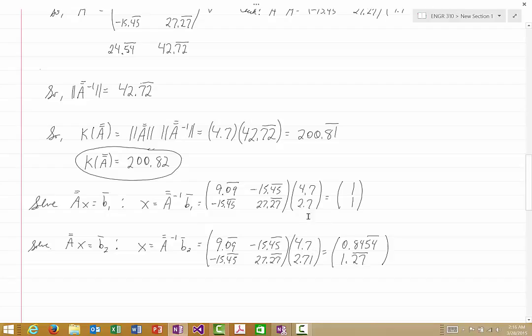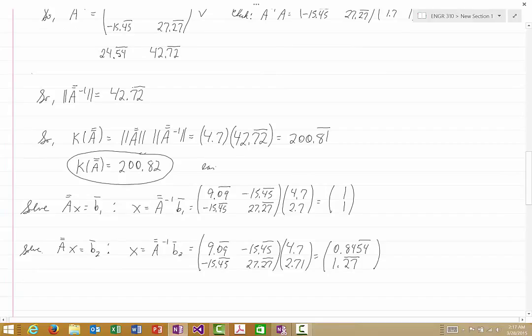And yet that very small difference between B1 and B2 leads to this large difference in the solutions when we solve AX equals B1 or AX equals B2. These two solutions don't look anything alike. This is the consequence of A having a large condition number. Let me write this. Large condition number